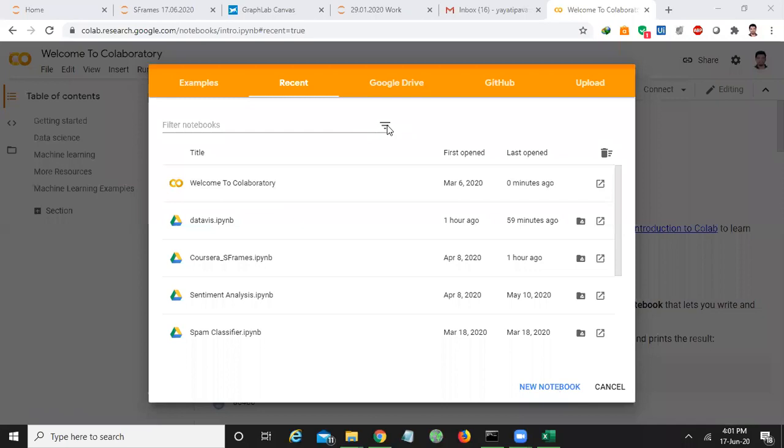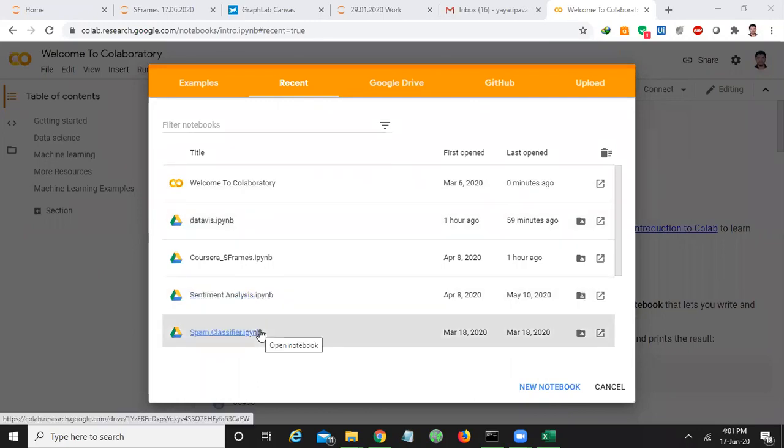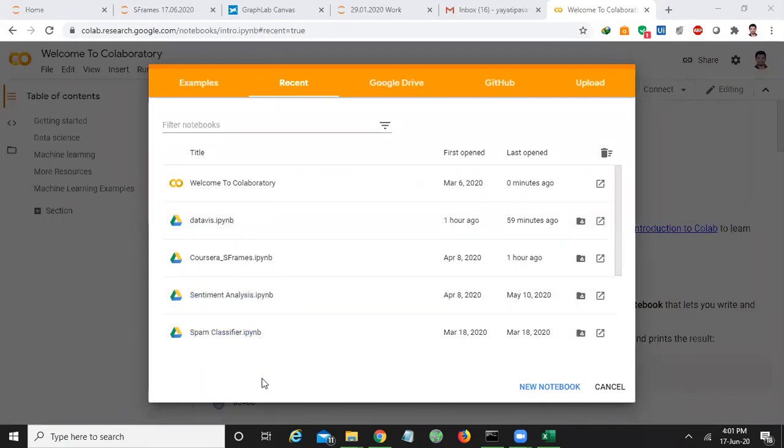Okay. So now what you have to do, in this window, shall I go further? All of you got this? Please respond through chat. All of you got this window?